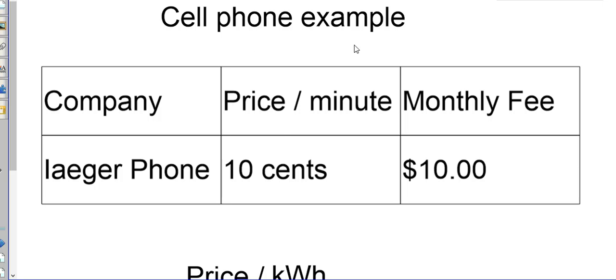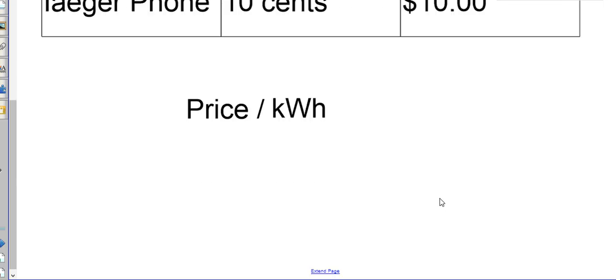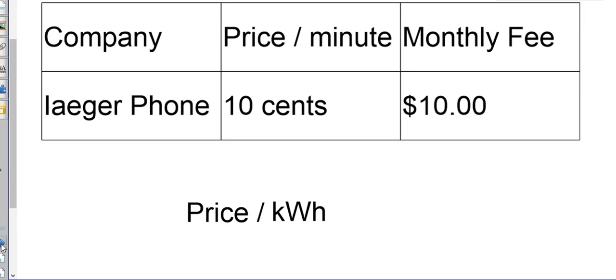Here's mine as a cell phone company, and so I just got one company, Jaeger Phone Company. And instead of price per kilowatt hour like yours, it's price per minute for the calls, 10 cents per minute. 10 cents for every minute, or times every minute. And a monthly fee of $10. Okay. So your first representation is going to be